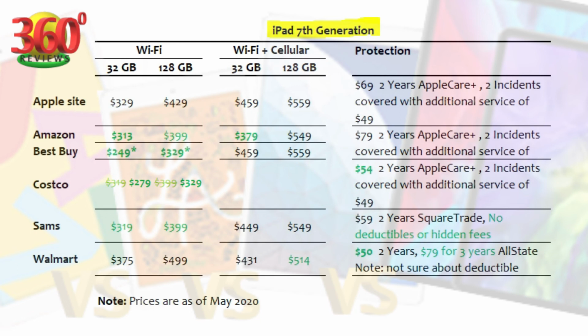Additionally, when you buy a product, you also decide if you want to buy a protection plan, which I think few of us might ignore, but it's equally important to have peace of mind. Basically, we don't have to worry when the iPad is accidentally damaged by our kids, and even if it can happen with the adults as well. The protection plans at Costco, Sam's, Walmart are worth giving an additional thought.